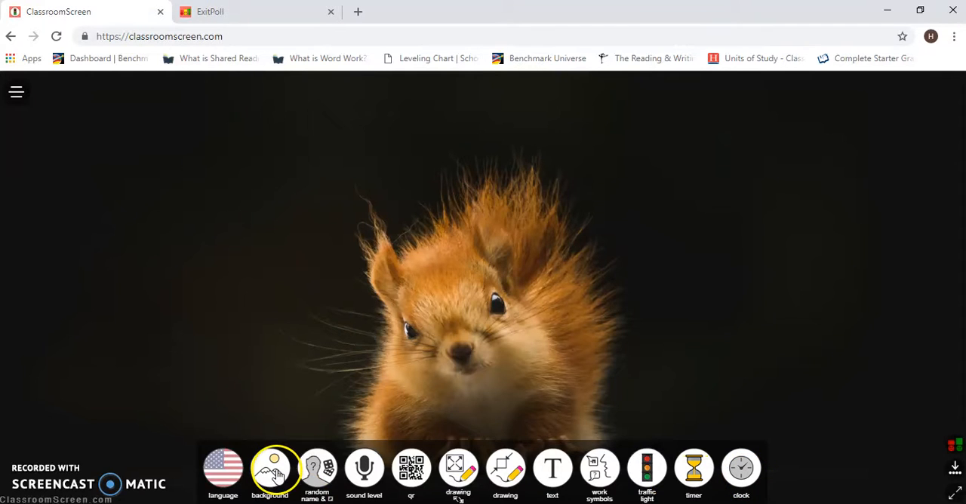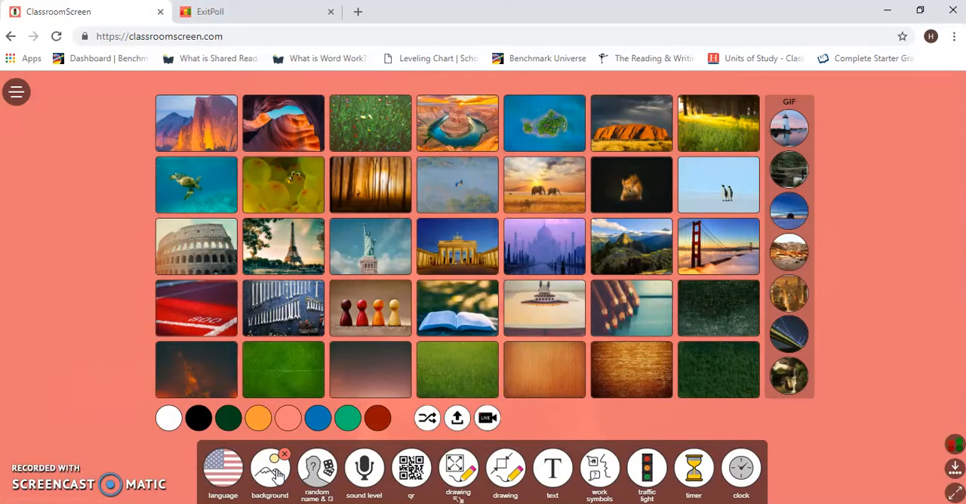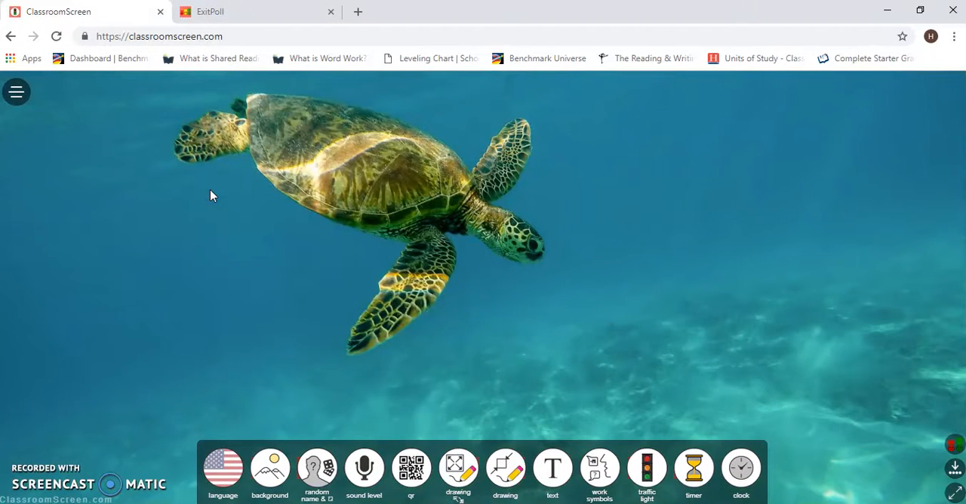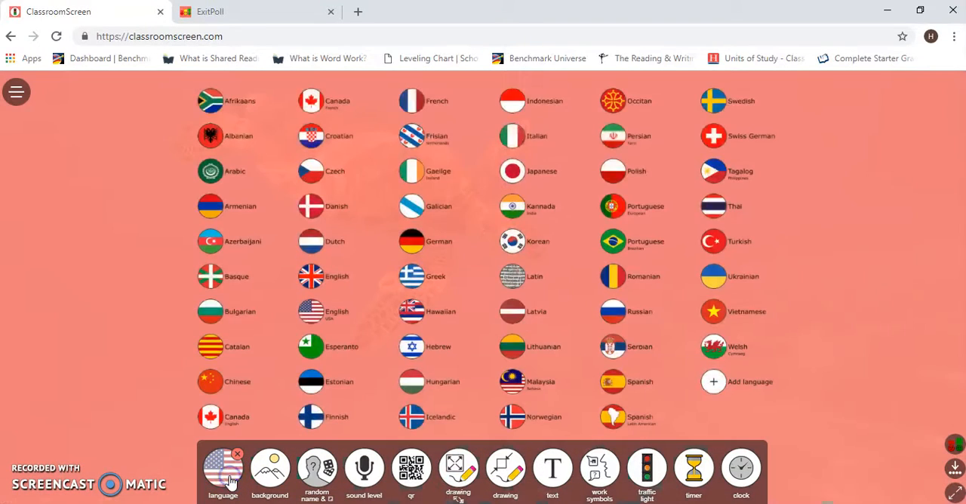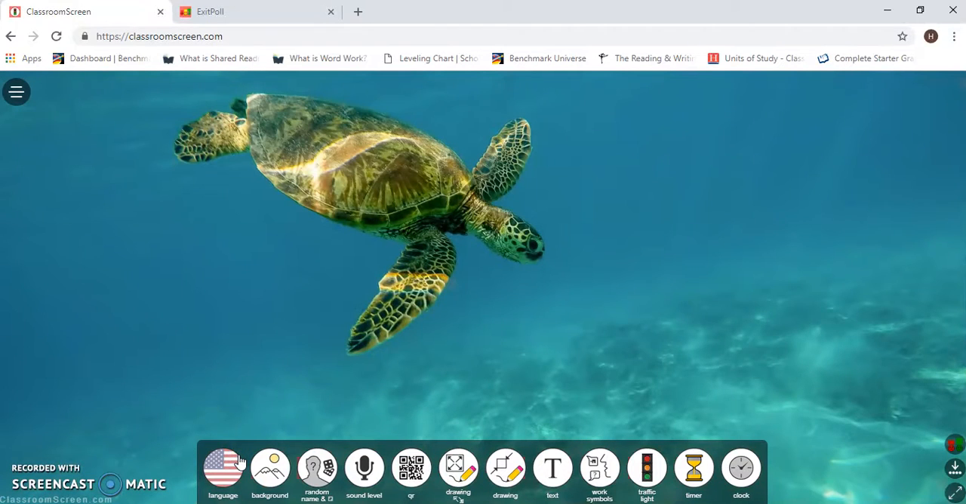One of them is the background. So I can change my background. I love turtles, so I'm going to change it to this one. There it goes. Another great feature is the languages. I can change what language I want my site to show in. There's all kinds of languages on here that I can change my site to look in that language,